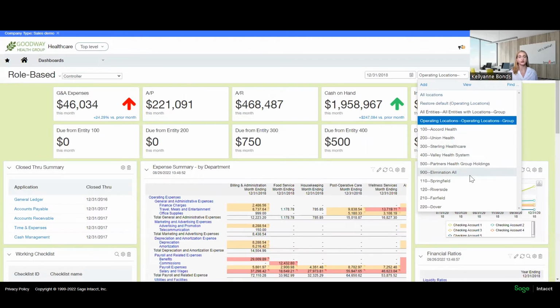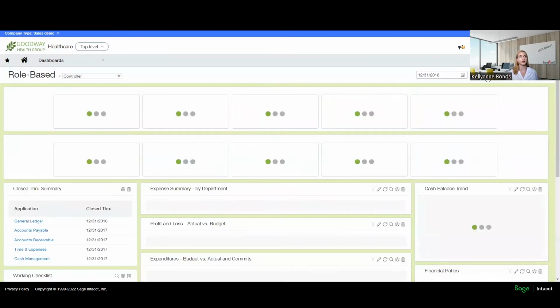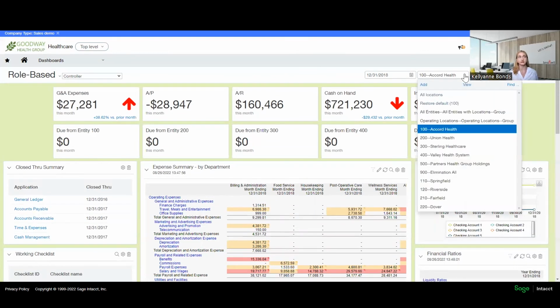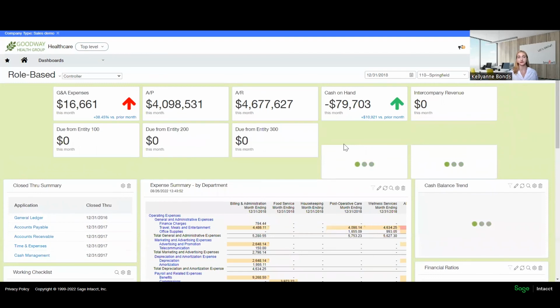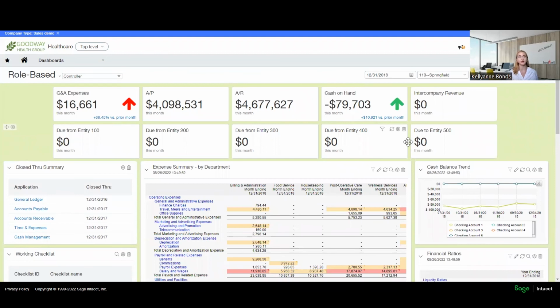However, with restrictions and customizable dashboards and permissions set, you can ensure that everyone in your organization is only able to view financial data as it relates to that individual. So if I am only in the 100 Accord Health entity, this is all I would see. I would not have the option to go ahead and filter more, unless there were specific locations in that entity, like we saw Springfield was within that entity. Then I would have access to Springfield. So we want to make sure that everyone only has data that is visible to them, that is